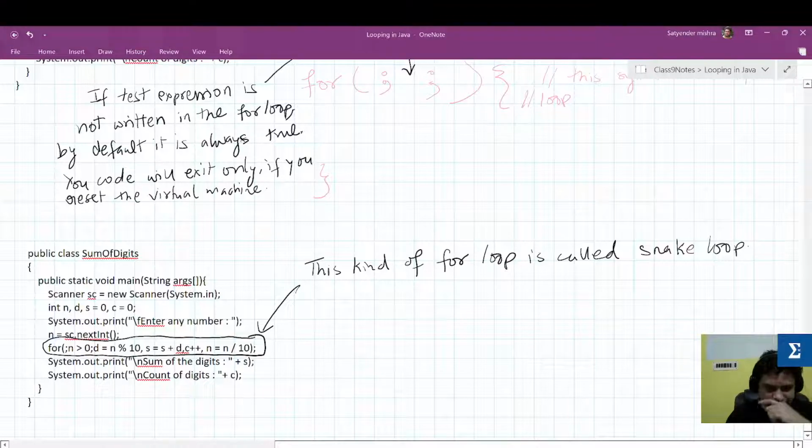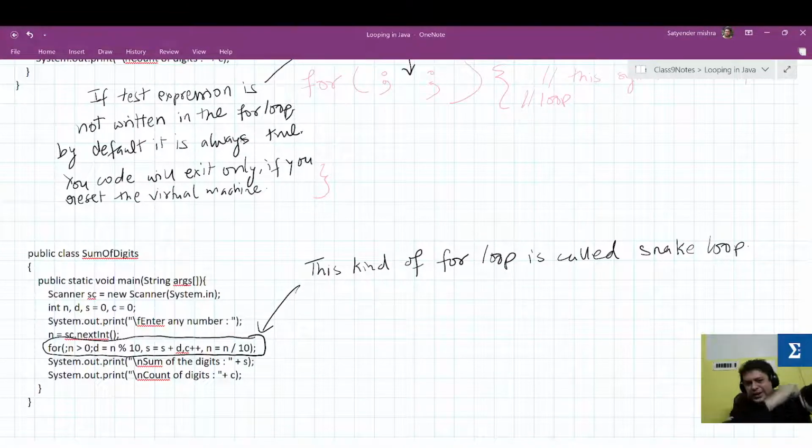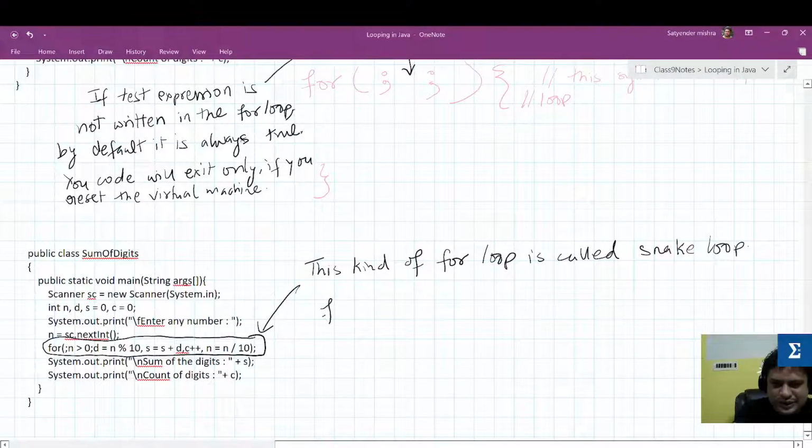So it contains head and tail only, because a snake contains head and tail only. So similarly, this loop also contains head and tail only. So you can see that here the for loop is like this: